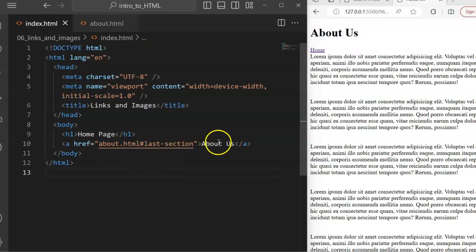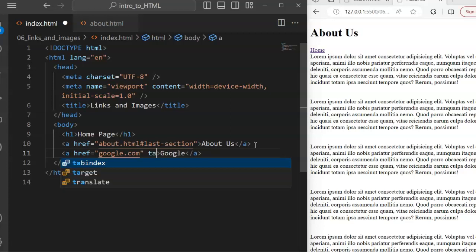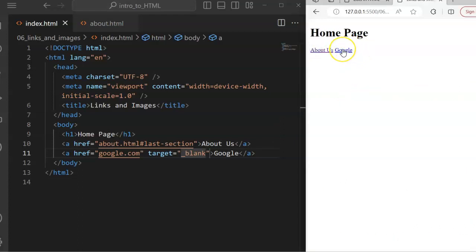Another thing is that you can decide to open the link in a new tab. So let's say you want to go to google.com, for example, and you don't want the user to leave your page, but you still want them to visit google.com. All you need to do is define a property called target and you set it to _blank. So if you save it now and you come back to your home page, now these have a link to Google. Now if they click on it, you notice that